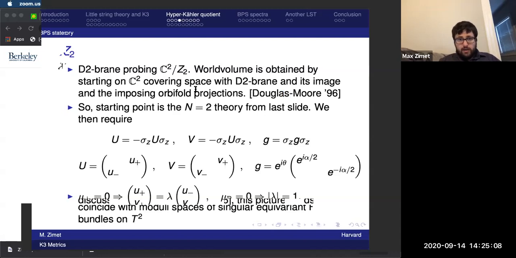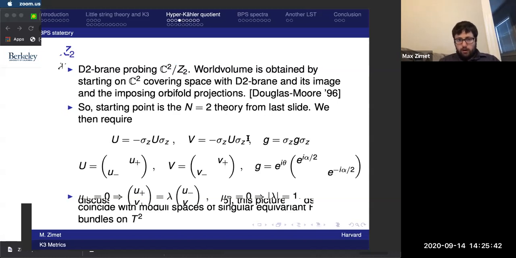The idea is that you start with 2 D-branes on the covering space, on the C^2 covering space, and then you just impose certain projections on all of the fields in the worldvolume gauge theory of those D2 branes associated to that Z2 projection. So we're going to start with some U(2) gauge theory describing D-branes on C^2,